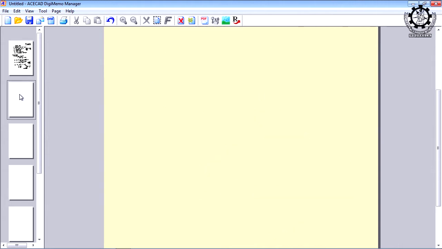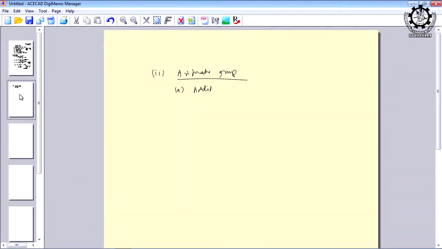So, the next group of instructions is the arithmetic group. Under it we can further subdivide the arithmetic group into 4 subgroups. One is addition, second is subtraction, third is increment, and fourth is decrement.